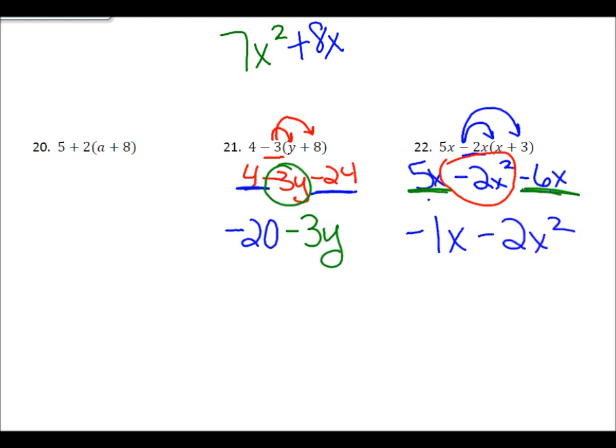negative 2x squared. Now if you wanted to just write negative x minus 2x squared, you could, because this 1 here is not necessary. We assume that the 1 is here. But either way would be acceptable. So at this